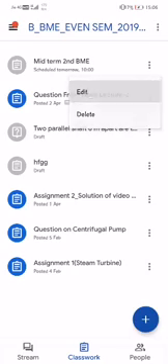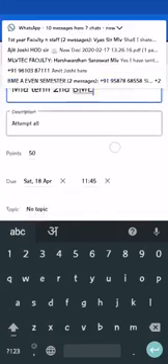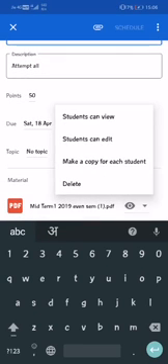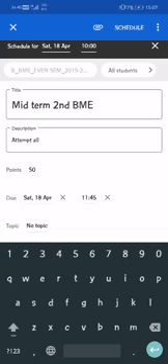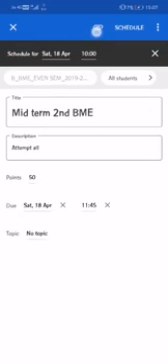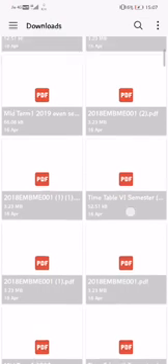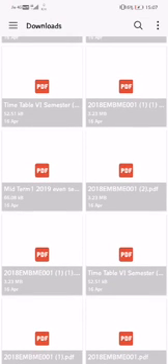You can delete the question paper also. You can delete this question paper and you can add the question paper again. Suppose that file was not correct, so I'm going to add some other file. Suppose I'm going to change this paper and this is the one.